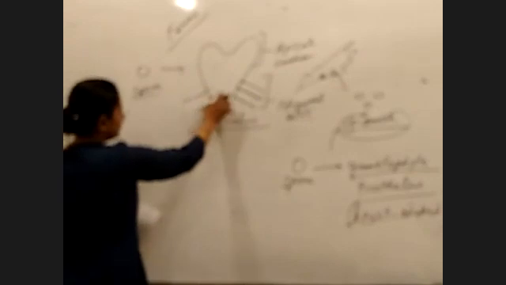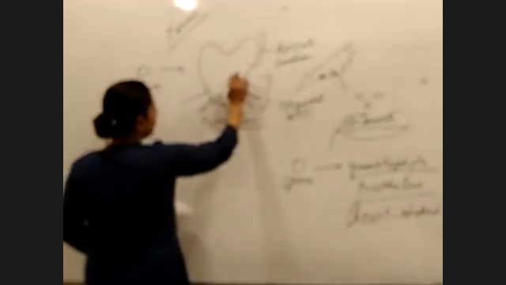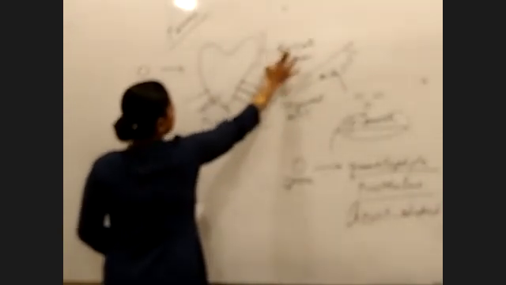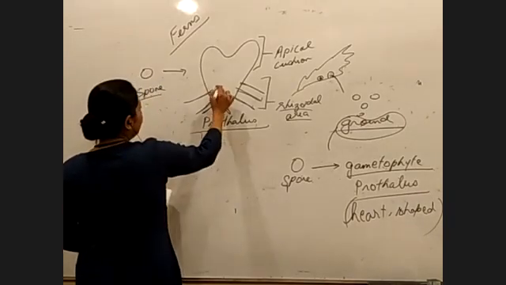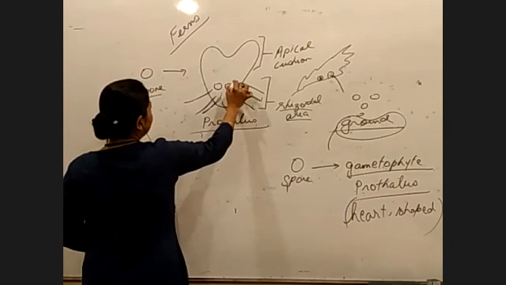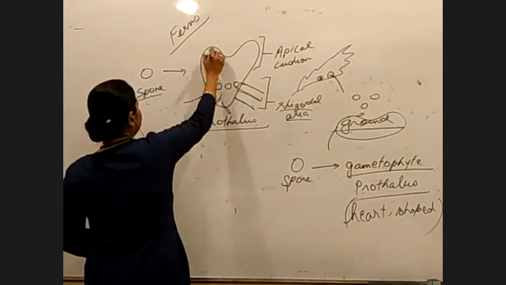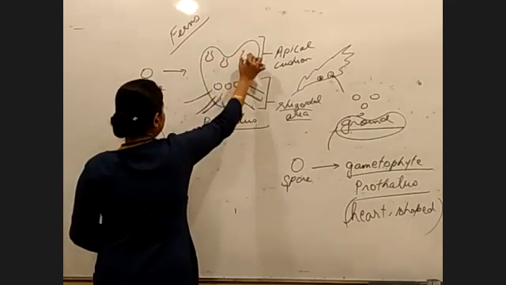Spore will form prothallus. Prothallus is divided into two areas. The upper portion is called as apical cushion, and this area is called as rhizoidal area. Etia archegonia kot thakibo, antheridium kot thakibo. Antheridium bilak in the rhizoidal area thakibo. Archegonia bilak in the apical cushion thakibo. Is the point clear?